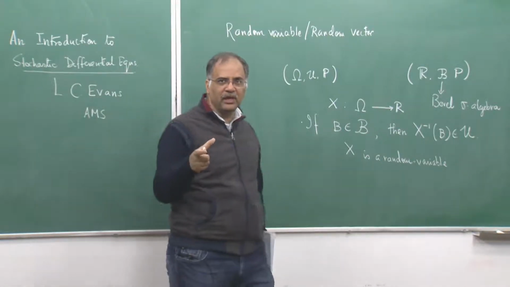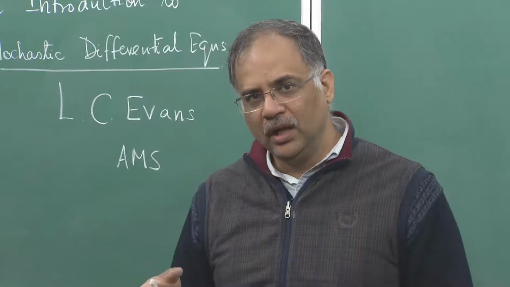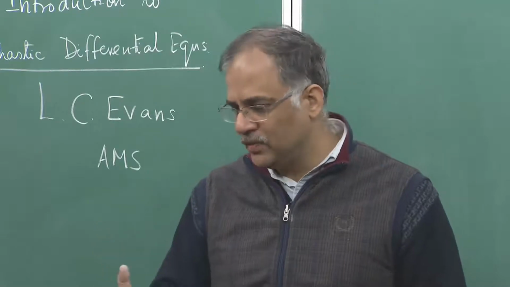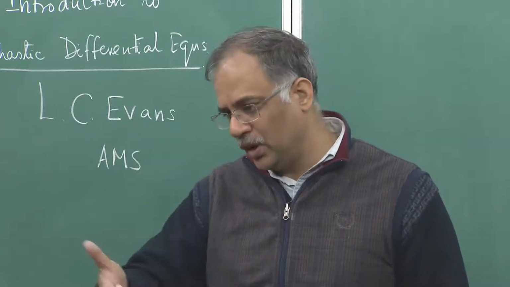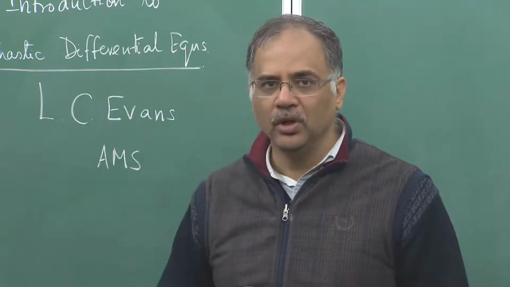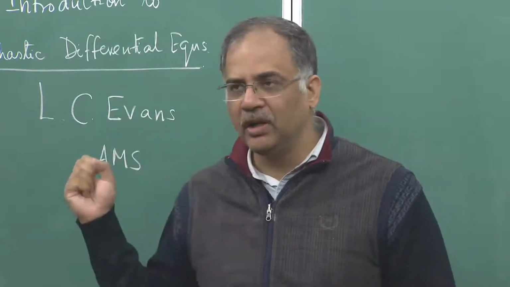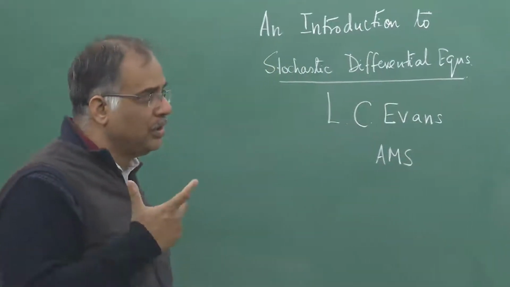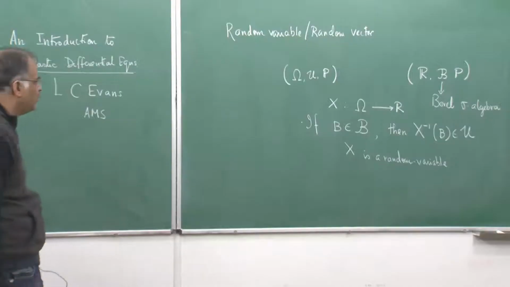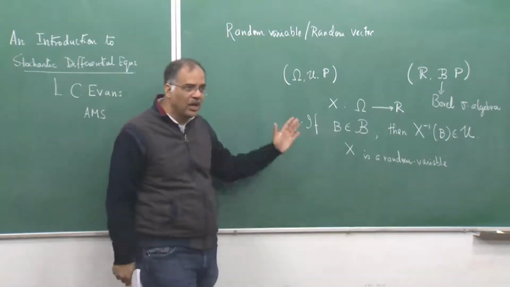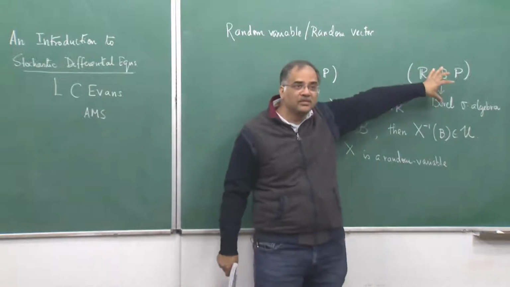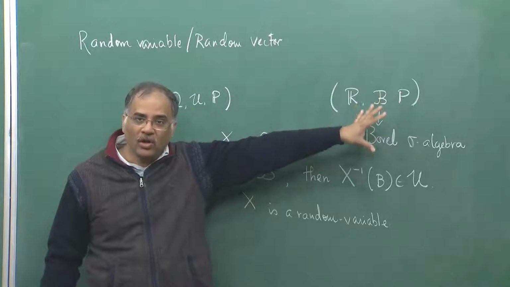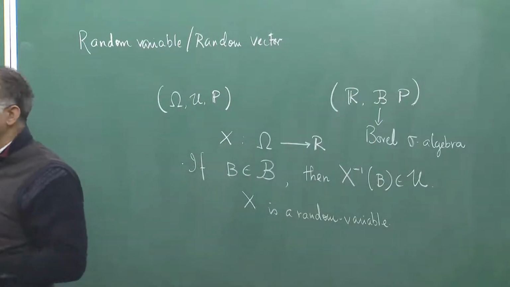So, we can now handle real numbers, which are much easier to handle, instead of handling events which may consist of arbitrary things. They may consist of the set of all outcomes of a dice that you have thrown, or outcomes of a coin throw, or you are arbitrarily randomly choosing points from a rectangle, for example. So, that arbitrariness of the events, because these are very different random experiments, is being mapped to something which is common. So, all studies of probability can now be done in the setting of real numbers.